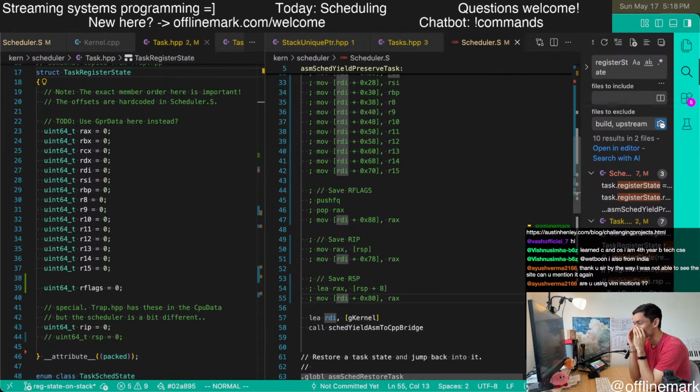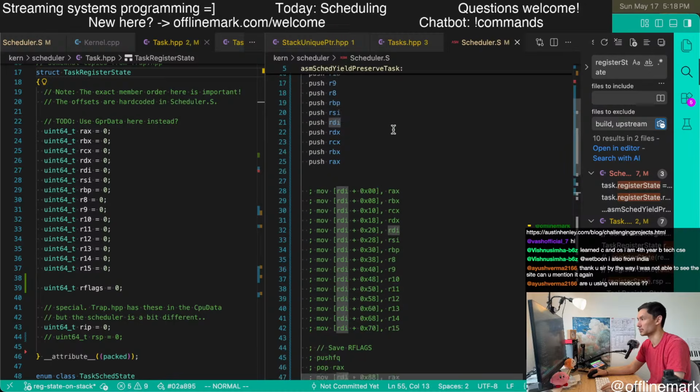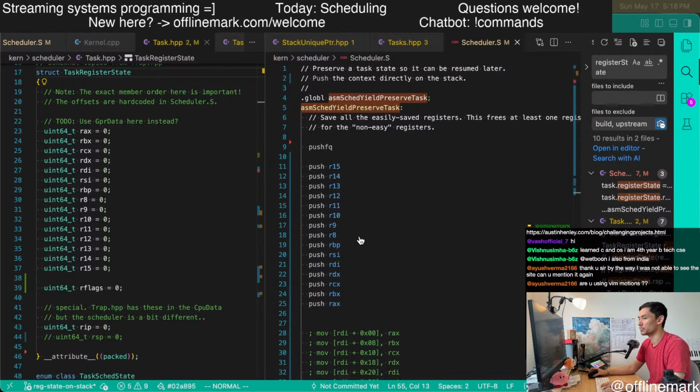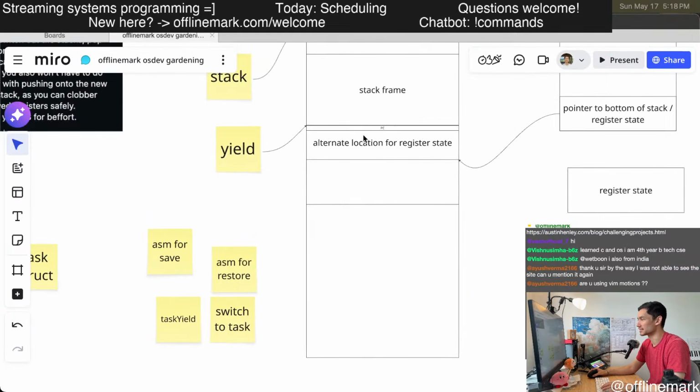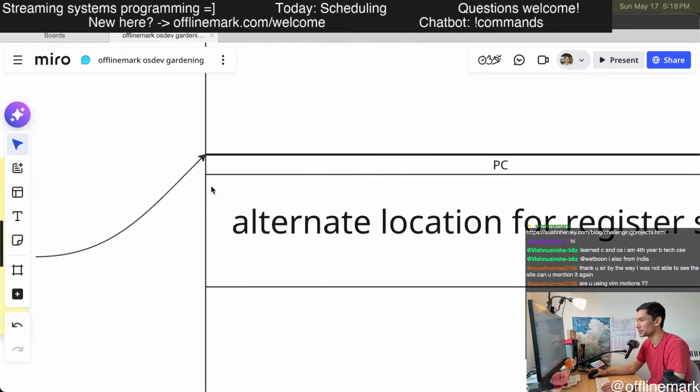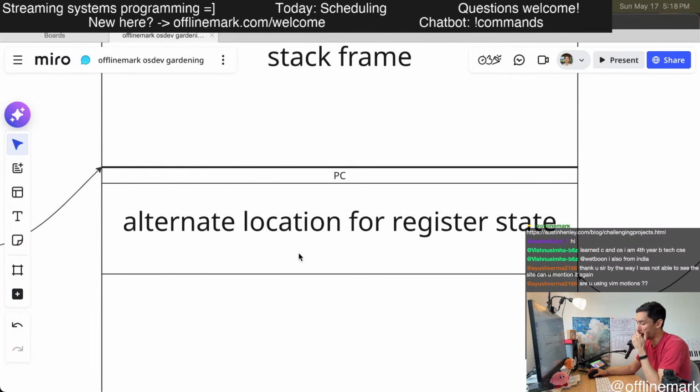So now, after this code just ran, we have successfully and elegantly pushed all the stuff into this location. And now what we need to do is save the current stack pointer.